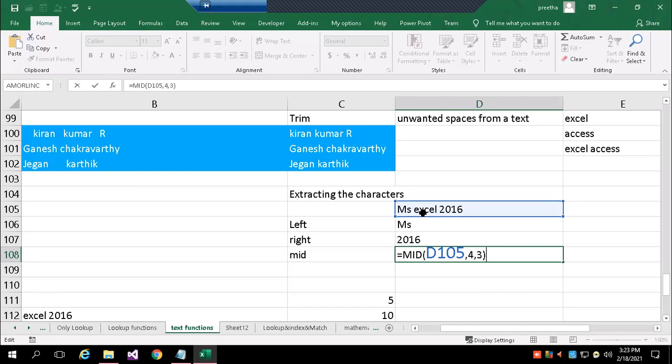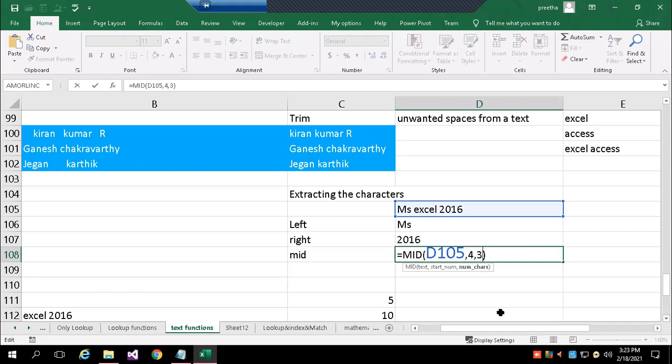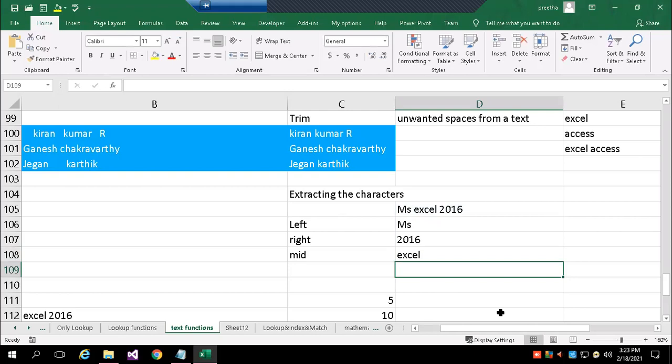From that, the next three letters, EXC. It could be a full word, just an example I'm showing. Instead, I want 5 letters. If I say from the fourth place, next 5 letters, I'll get exactly the word Excel in the middle.